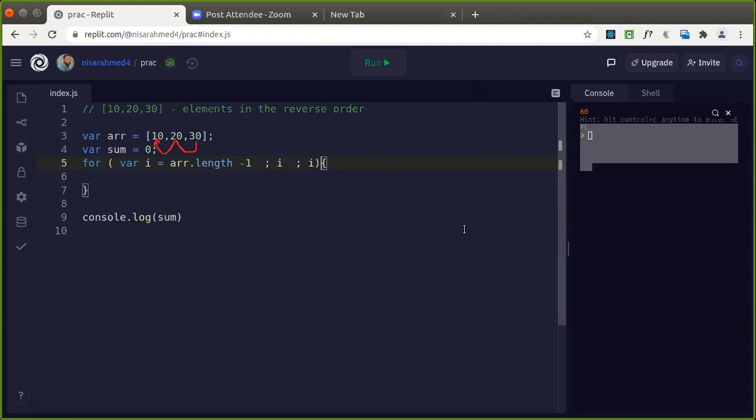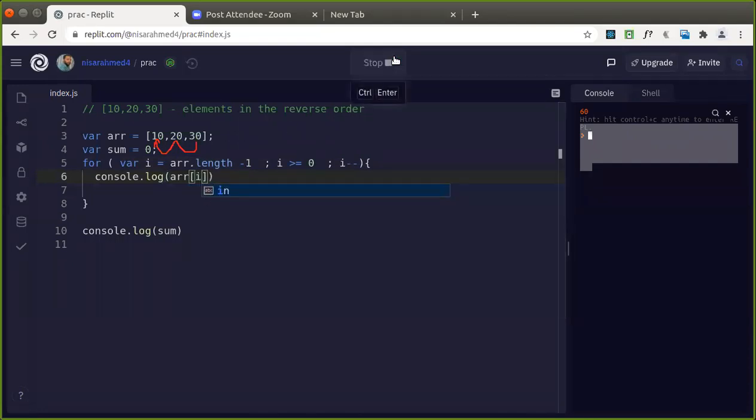So how are you going to do that one? Yeah, you are giving minus, that's right. So first starting with array dot length, it will give this value as 2. Then in the next iteration it should be what? Minus 1. Good. So what is the condition where the loop should terminate? i should be greater than or equal to what? 0. If it goes beyond that, you are going to stop and terminate the loop. Console.log array of i. There is no need of sum here.